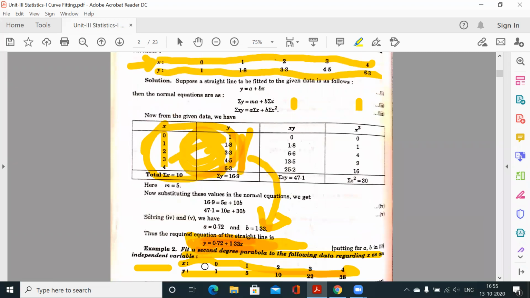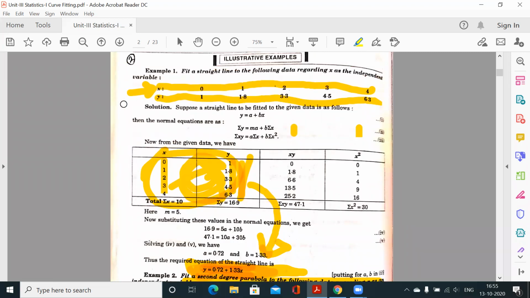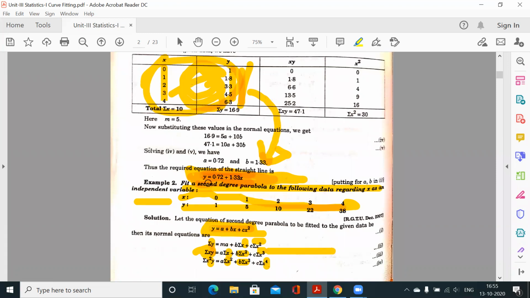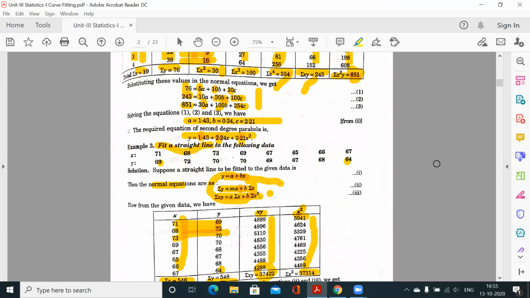इसमें तो ये हमारा कर्व था। अगर आप ये बोल रहे हो कि हमने इस डेटा पॉइंट पर ये कर्व फिट किया है, तो यानी जैसे ही x की वैल्यू सब्स्टिट्यूट करेंगे, मतलब 0 रखेंगे तो 1 मिलना चाहिए, 1 रखेंगे तो 1.8 मिलना चाहिए। बट आपको एग्जैक्टली वो नहीं मिल रहा है, कुछ अप्रोक्सीमेशन मिल रहा है। जब x को 0 रखोगे तो 0.72 मिला, लेकिन y की एक्चुअल वैल्यू तो 1 थी। ऐसे ही x को 1 रखोगे तो 0.72 प्लस 1.33, यानी 2.5 समथिंग। लेकिन ये तो 1.8 है, तो डिफरेंस है। वो डिफरेंस एरर है क्योंकि हमने कर्व को अप्रोक्सीमेट किया है। दिस इज नॉट एग्जैक्ट कर्व, दिस इज अप्रोक्सीमेशन ओनली। सो दिस विल गिव यू आंसर विथ एरर।